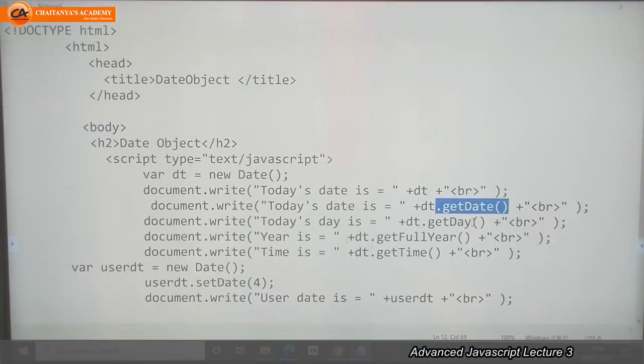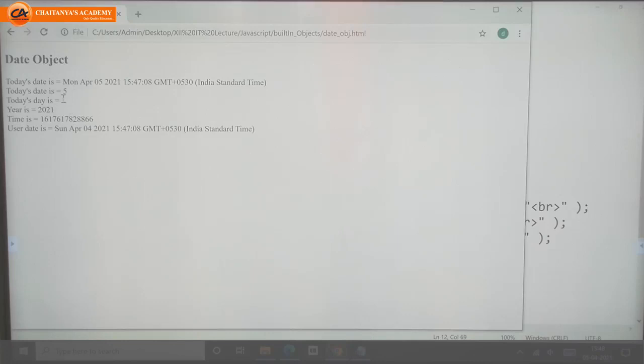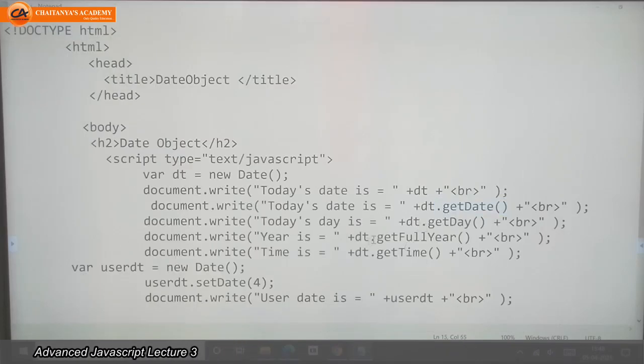If we want today's day, today's day is Monday, but it will give us the integer value for Monday, and that is 1. Integer value for Monday is 1, and for Sunday is 0. If we want year, we have the method getFullYear. getTime returns us the time.